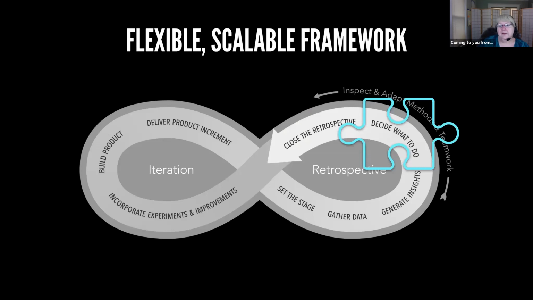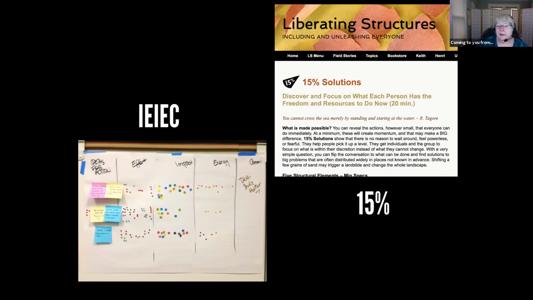And so then we move to decide what to do. And there are a couple of things here. I love when I did a large scale retrospective with a military installation that was a data gathering kind of military installation, and there were a number of different groups who needed to work together, and they brought me in to do quite a large retrospective with them. I think we had 30 or 40 people in the room for that one, and they came from 5 or 6 different groups, so there were different perspectives that showed up.